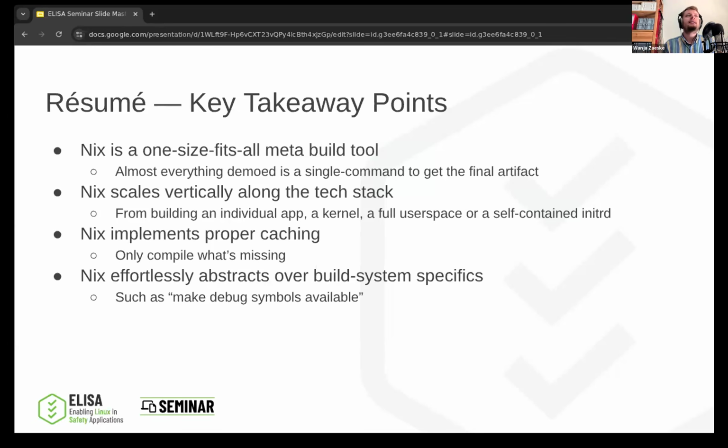And they will get the same result as I do most of the time. The second thing is Nix scales vertically along the tech stack. So I can use this to build individual pieces, get my development environment, do Linux kernel configuration, actually with nicer abstractions than the upstream kernel provides, in my point of view. And you can build user space, you can build self-contained initramfs. You can build virtual machines and use them for testing, and then you can use optical character recognition on the video stream from the machine to check whether your graphical program works. This is all integrated within the Nixpkgs repo using NixOS. So you can do mostly everything with that.